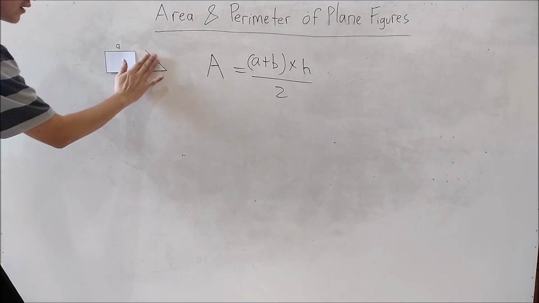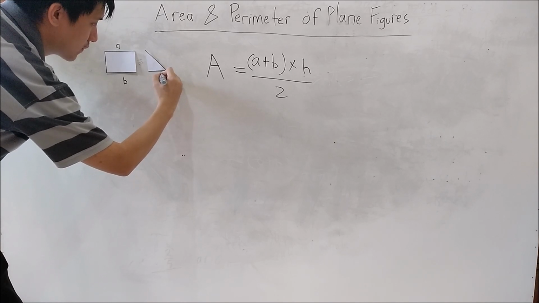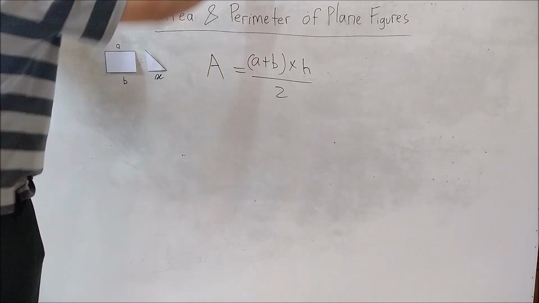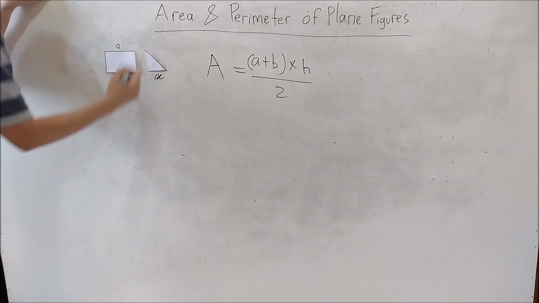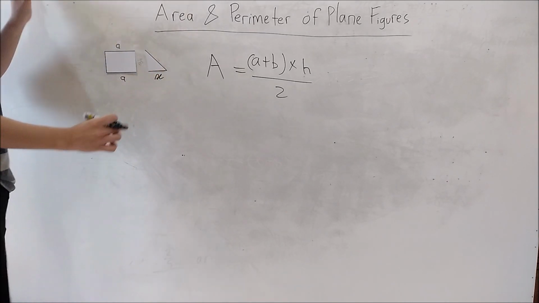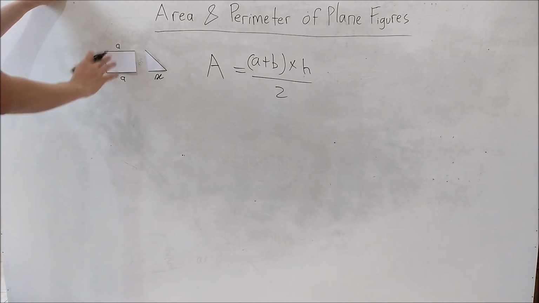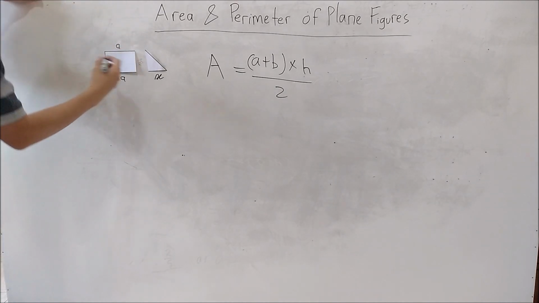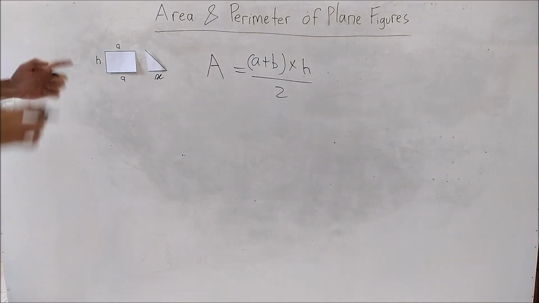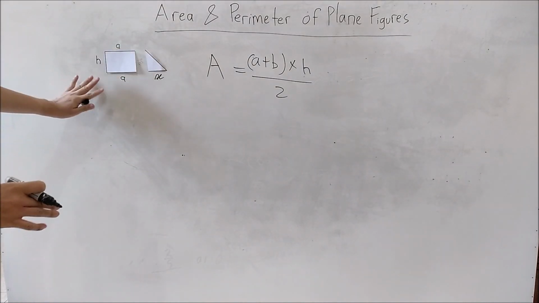Let's call this part x. This is not b anymore because I took the x, so this turns into a. But you know, when I combine x and a, it will be b, okay? And then the trapezium will have height as well. So how do we find the area of a trapezium when I split it like this? We will do it one by one.